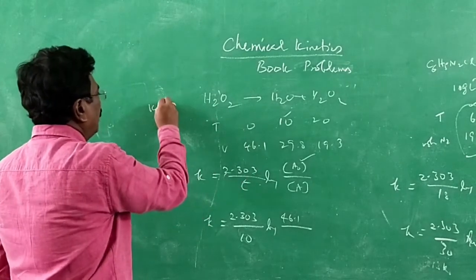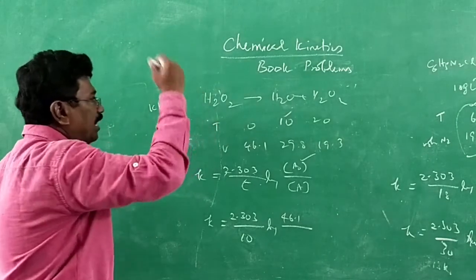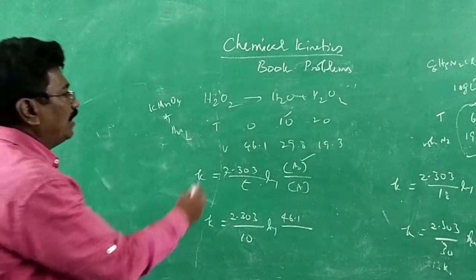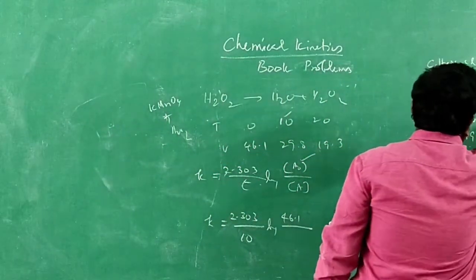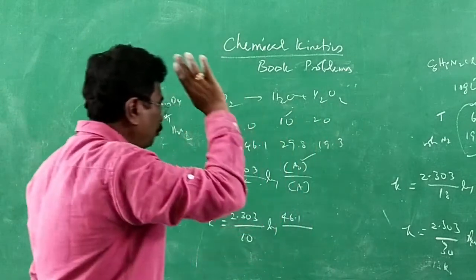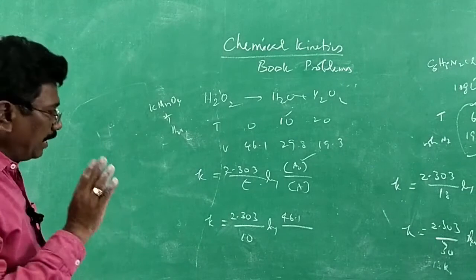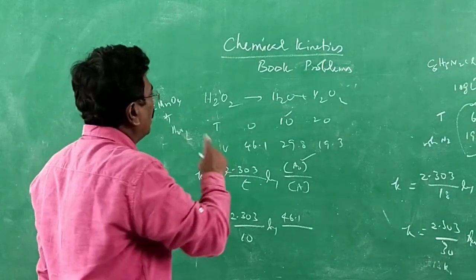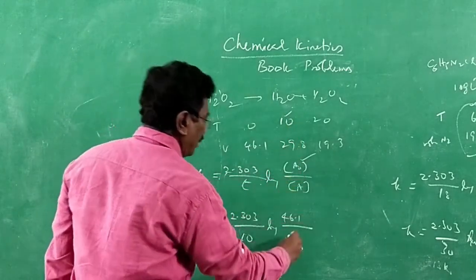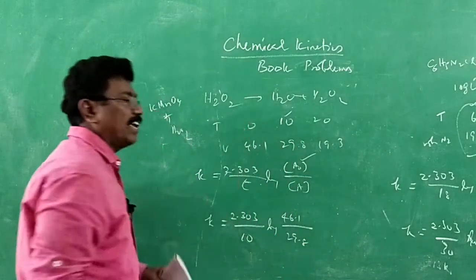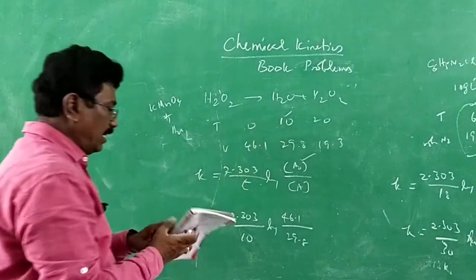Potassium permanganate, when titrated with hydrogen peroxide, will give the amount of hydrogen peroxide remaining at time t. That's why as time passes on, it is decreasing. In the earlier reaction, as time passes on, it is increasing because the volume of nitrogen is increasing. The difference you should carefully follow. Then only you can solve the sums. All right. And then, what is the concentration remaining at time t? At 10, concentration remaining 29.8. So you'll be getting 1 k value. All right. And 2 k values we can get, at time 10 minutes and at time 20 minutes.